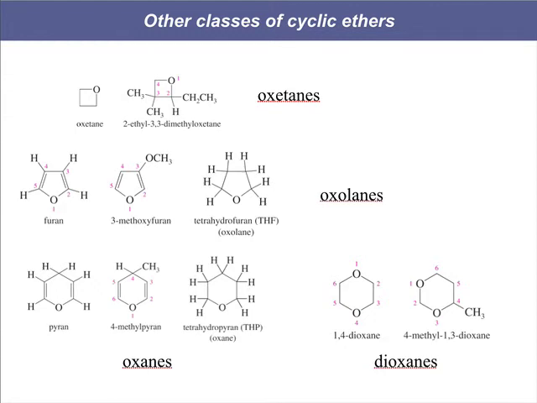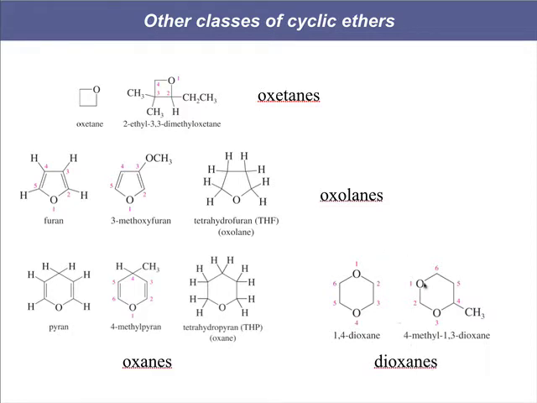There are other cyclic ethers that go beyond the 3-membered cyclic ether. We have 4-membered cyclic ethers, which are called oxetanes, where the oxygen is numbered as the first member of that 4-membered ring. We have oxolanes, which are 5-membered cyclic ethers, again, where the oxygen gets the number 1 designation of the 5-membered ring. And oxanes are 6-membered cyclic ethers, again, where the oxygen gets the 1 designation of that 6-membered ring. You can also have dioxanes,